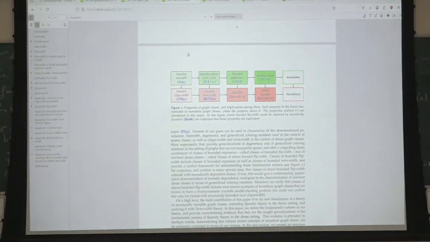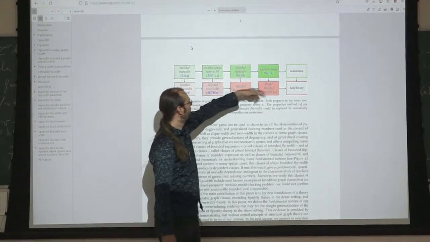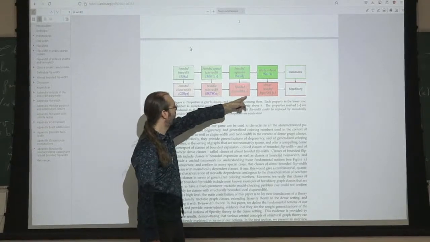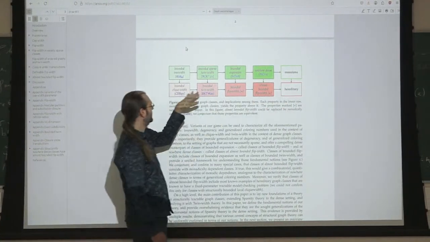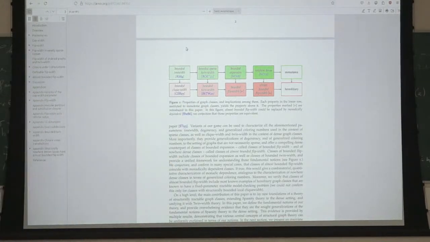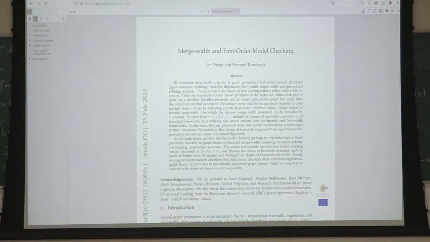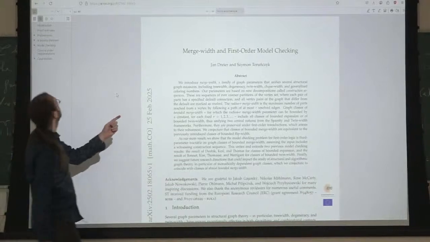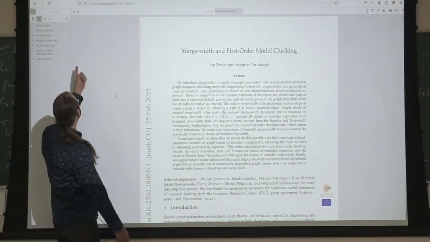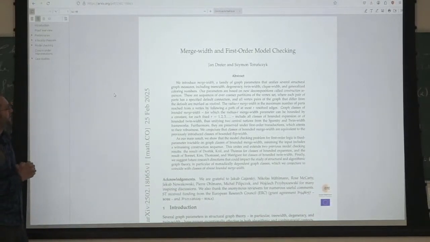This is bounded treewidth. These are the things he talked about. Bounded flip width. So this is nice for monotone graph classes. This is nice for hereditary graph classes. These dense ones. Okay. All right, and then last Tuesday, he and Jan Dreyer uploaded this little shorter 48 pages paper where he